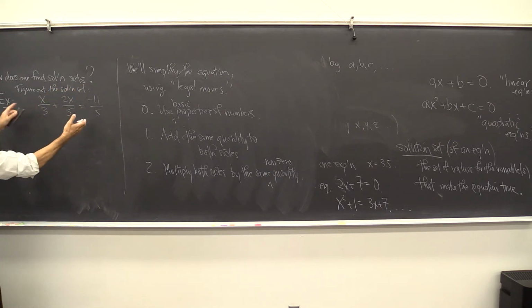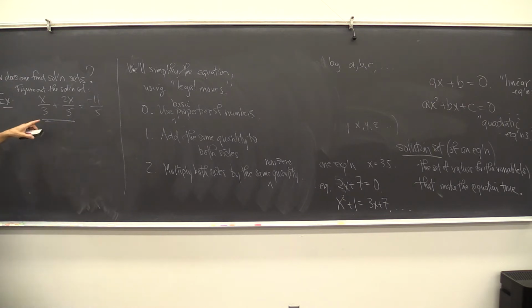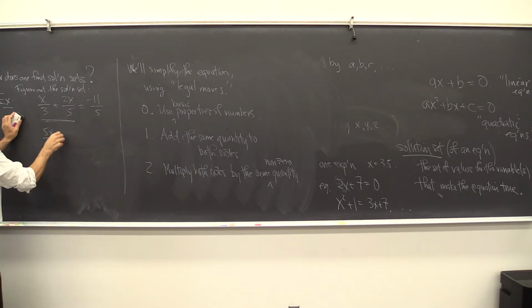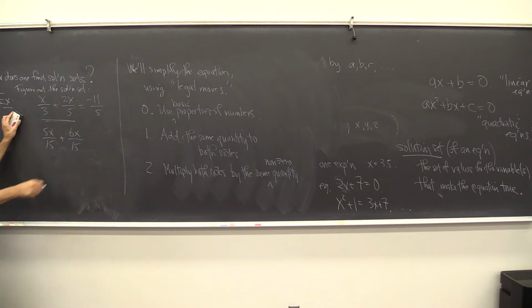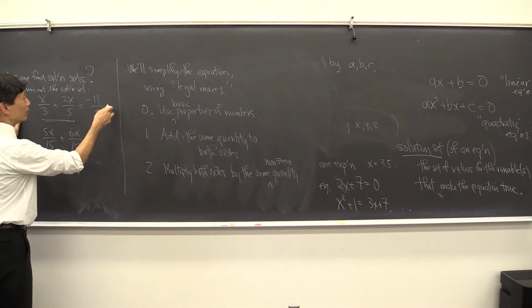Well, you would take this thing, you say, okay, I'm going to use just basic properties of numbers, right? I'm going to combine these things together. So I'll make this guy 5x over 15, right? I'll make this guy 6x over 15, right? And maybe on the right-hand side, I'll also,